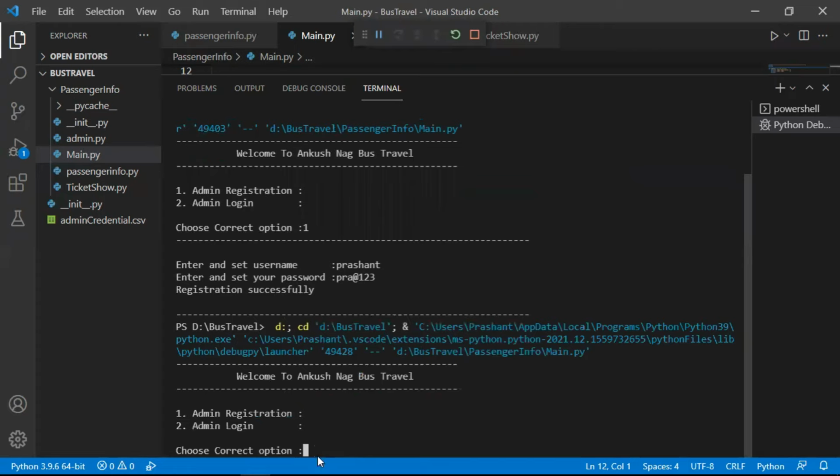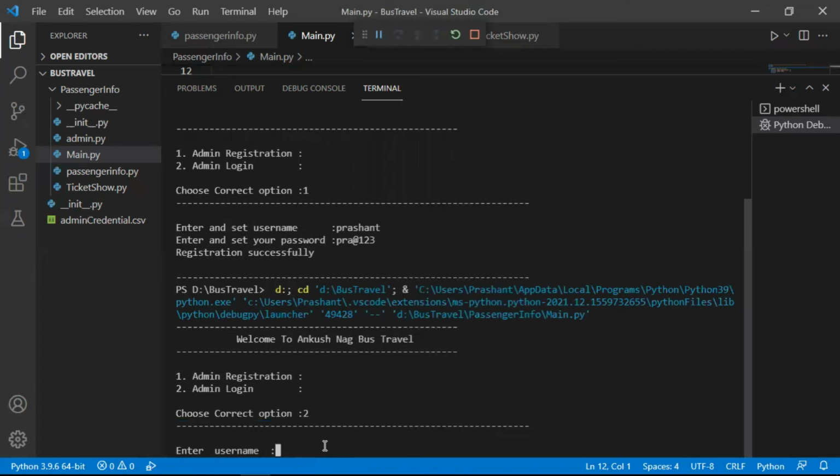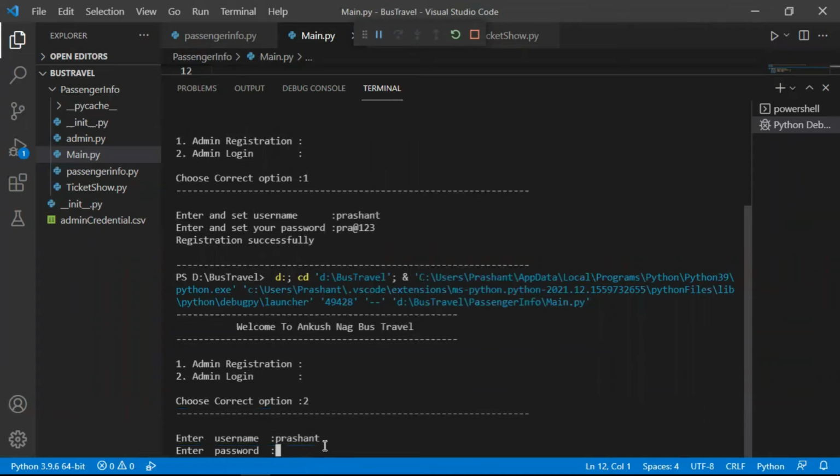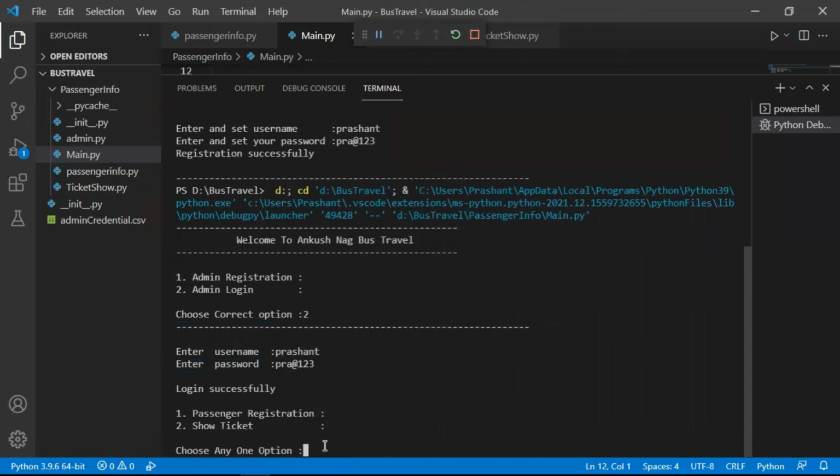Okay, then definitely I have done a registration. I know my username and password, so I will go for the login. I will enter choice two, and here I have to put a username. So Prashant is my username, and then the password. The password is definitely pra@123. Okay, so as you can see here, guys, after doing a login, we have got the two options again: